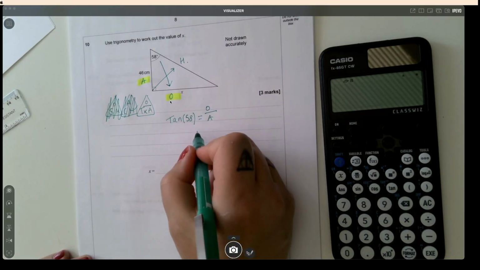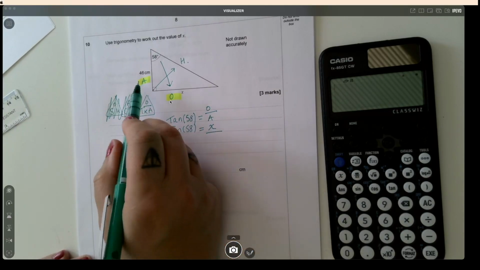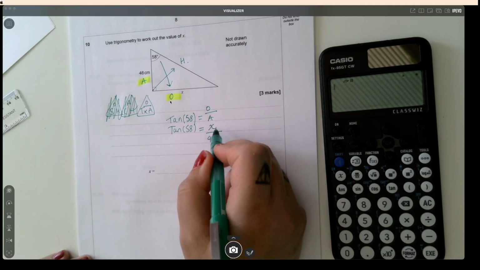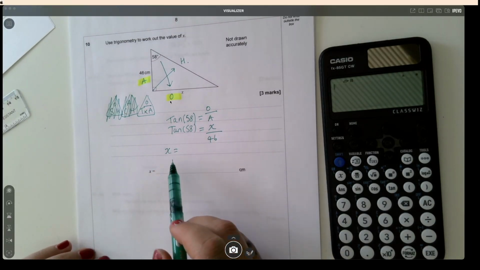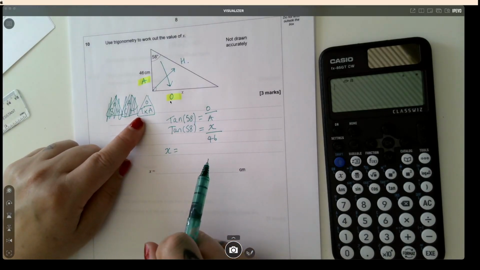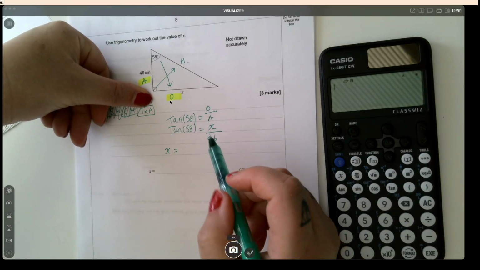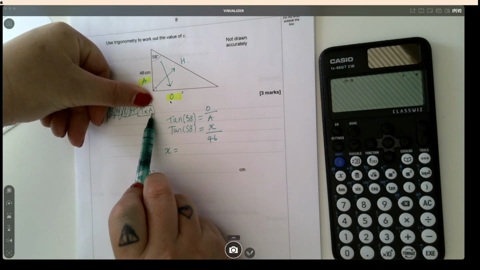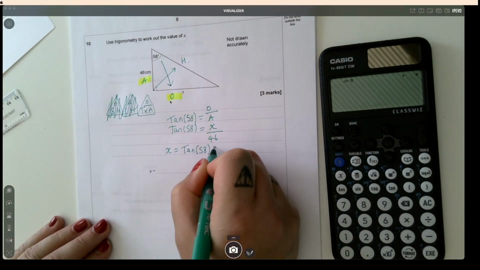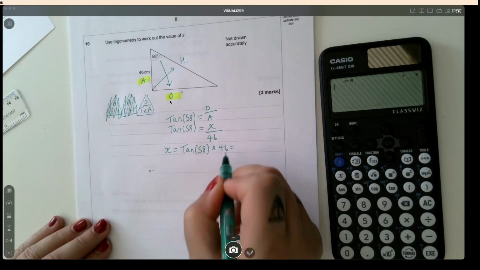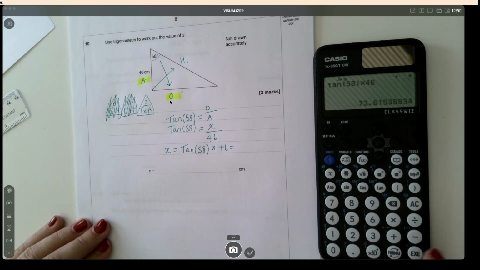I know that the opposite is x. That's what we're looking for. And I know that the adjacent is 46. So I've simply substituted in what I know. Now it's a case of solving for x. This formula triangle works like the speed, distance, time triangle. I'm looking for the opposite side. So if I cover over the opposite, it's telling me to do tan multiplied by the adjacent. So I'm going to do tan 58 multiplied by 46, which gives me